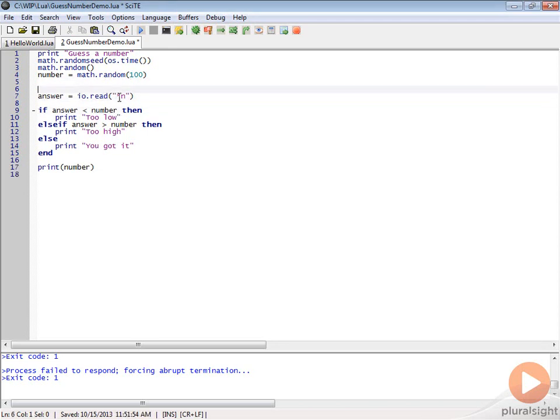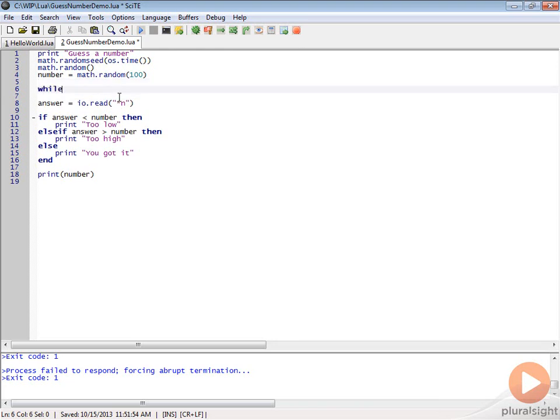So what we'll do is we're still going to get our number once, but now we're going to use a while loop, and we're basically going to say while their answer does not equal the number, then we're going to go ahead and continue looping. So we're just going to say while answer does not equal number, do, and then I'm going to go ahead and indent this, but it is important to